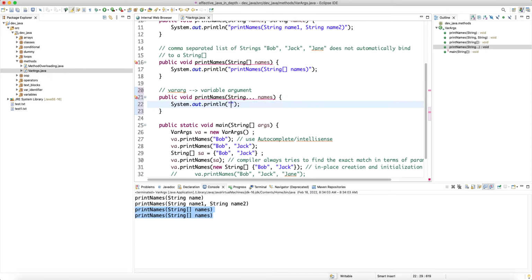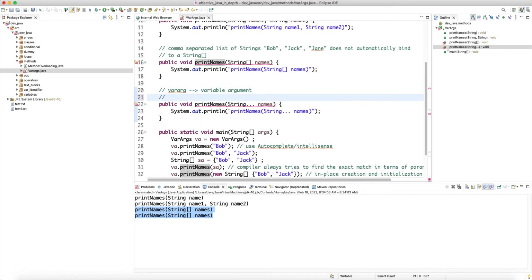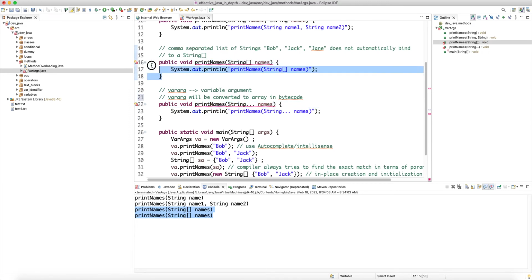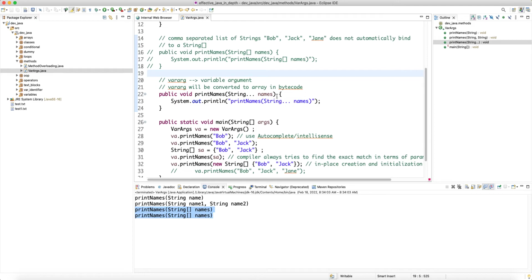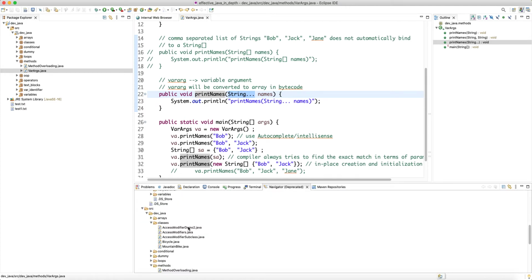And you see that the compiler doesn't allow me to have two overloaded methods with the same name, where one takes one parameter of type string array and the other takes a vararg string. Why? Because behind the scenes, vararg will be converted to a string array in the bytecode, which means the actual bytecode of this method has exactly the same signature as this one. So if I comment this out, then this works because now this method has a unique signature. The name is print names and the parameter type is a string array. So a string dot dot dot will be transformed into a string array,